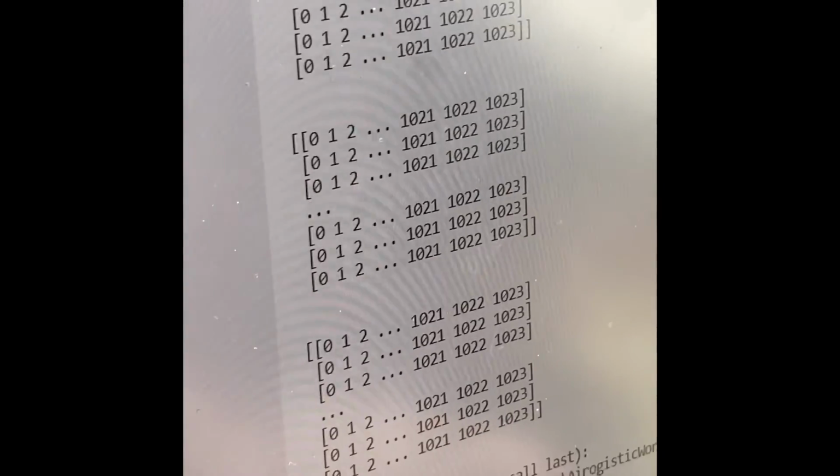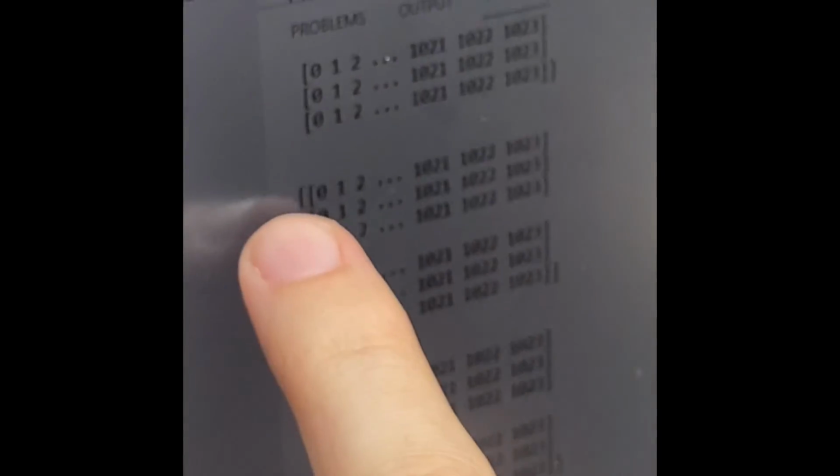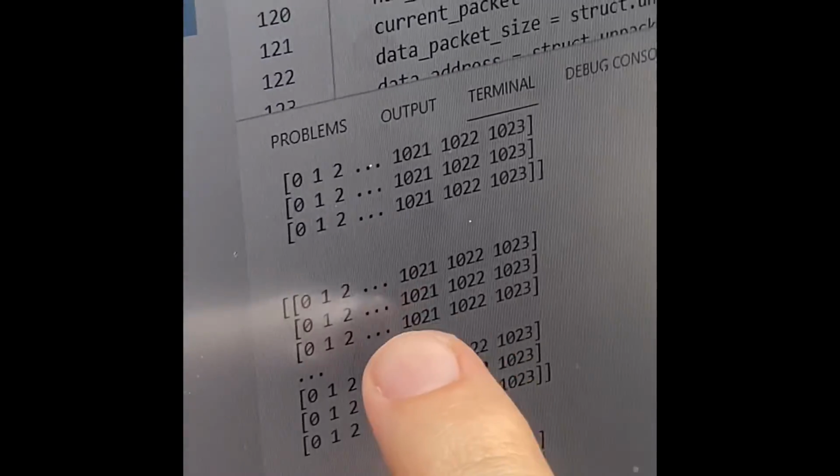Okay, so what are we looking at? Go ahead and pause it. The reason you get these dots is because NumPy automatically abbreviates the output. You get 0, 1, 2, and then dot dot dot. It's just saying